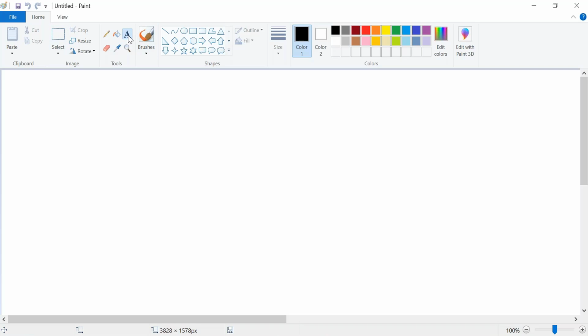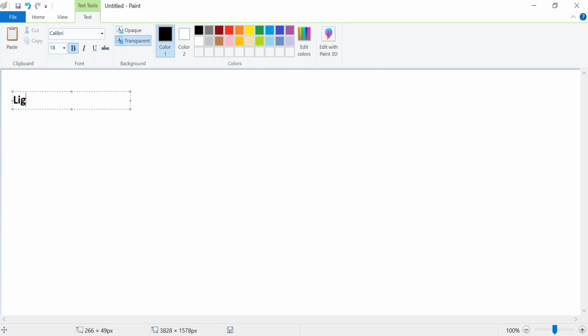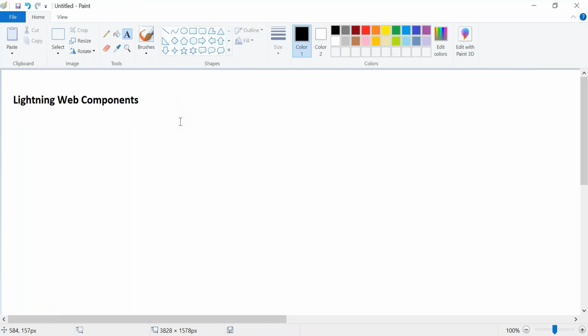So in module number 2, the introduction to Lightning Web Component and how it works. Lightning Web Component, let's see that. So what is the importance of Lightning Web Component here? We are not implementing the Lightning Web Components, but how we are using the Lightning Web Components, we'll see. So Lightning Web Components,